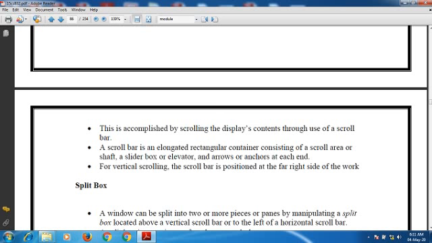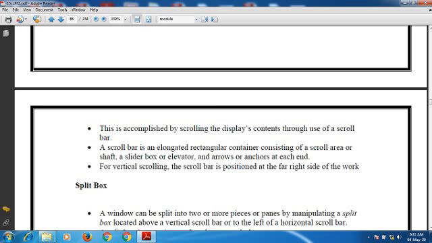For vertical scrolling, the scroll bar is positioned at the far right side of the work area. Also we have horizontal scrolling, accomplished through the scroll bar located at the bottom of the work area.